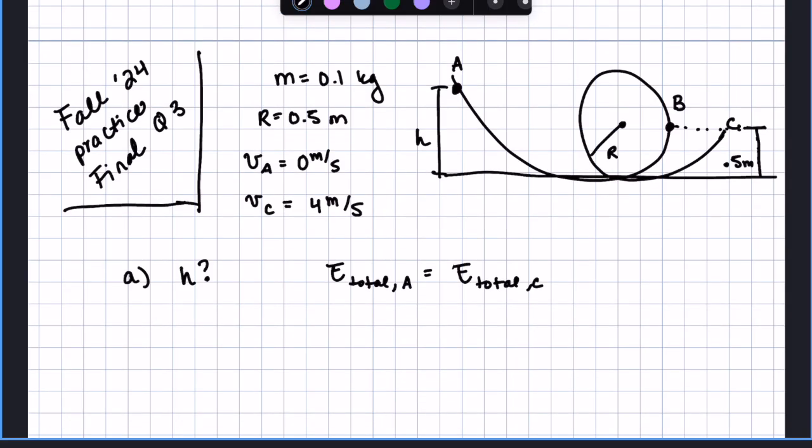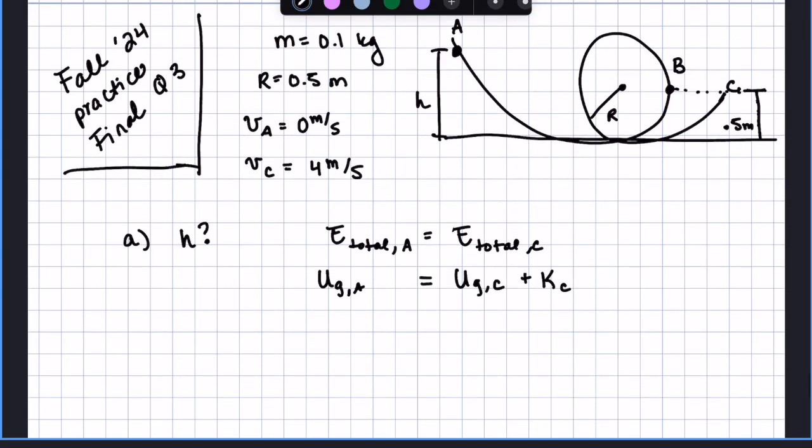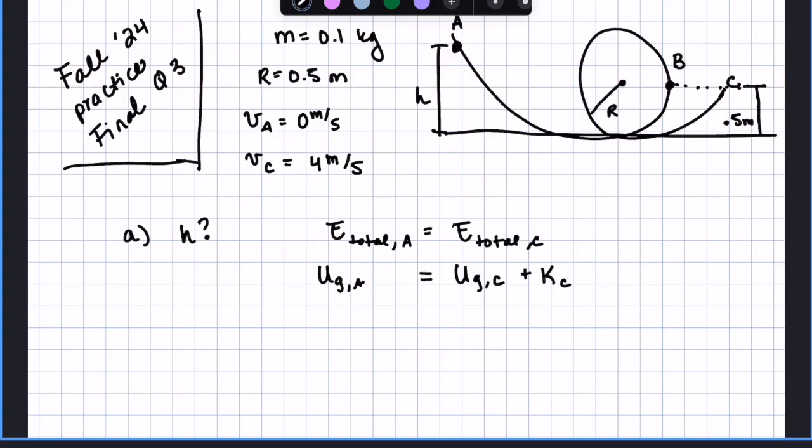I've got some gravitational potential energy at A, but I don't have any kinetic energy at A because my V at A is equal to 0. And then I've got some gravitational potential energy at C, if I'm calling the ground y equals 0, which I don't see any reason not to at this point. Just hoping that doesn't come back to bite me, but I think it will be okay. And then once I've got my energy accounting done of what types of energy I have at each of those points along the track,